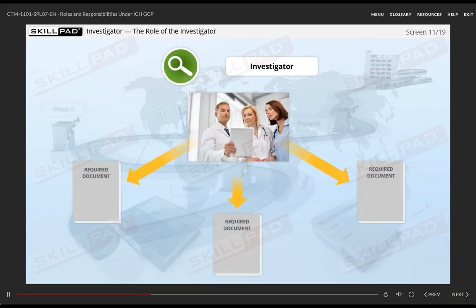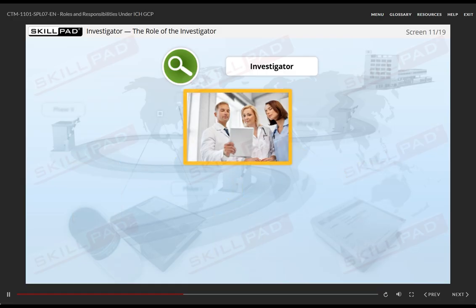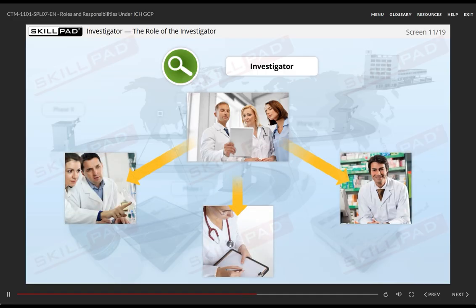During the trial, the investigator should provide the IRB with all required documents subject to review. The practicalities of actually running a clinical trial at a site are the responsibility of an investigator. As the leader of the site team, this individual may be a sole investigator or principal investigator. There may also be one or more sub-investigators who perform critical trial-related procedures.